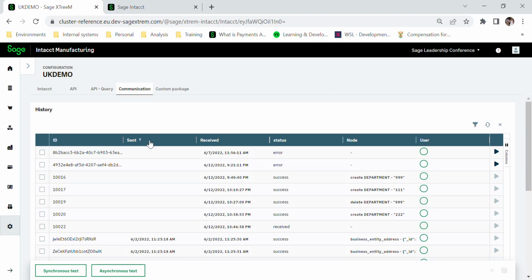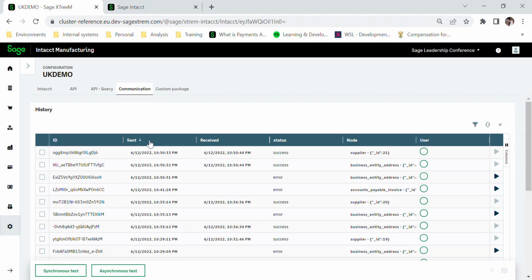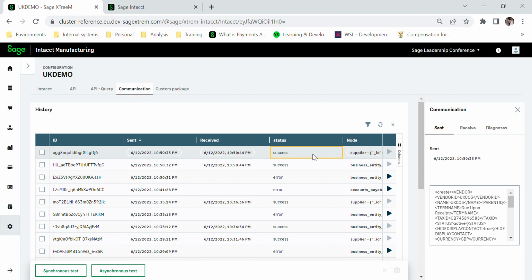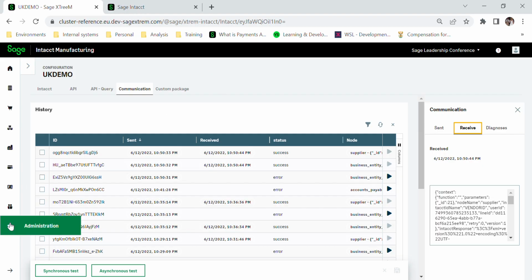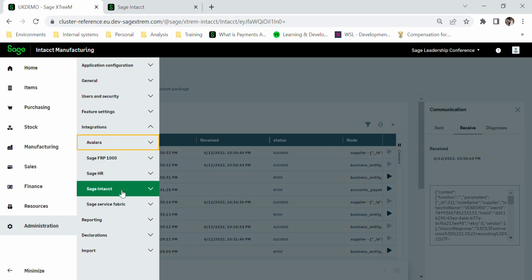So I'm going to sort here. And what you'll see is our supplier that we've just created has a success status attached to that. When I click on the line, we can see that the communication has been sent from manufacturing and received in Intacct Financials. Another way to see the success or failure of an integration is to access Administration, Integration, Sage Intacct,